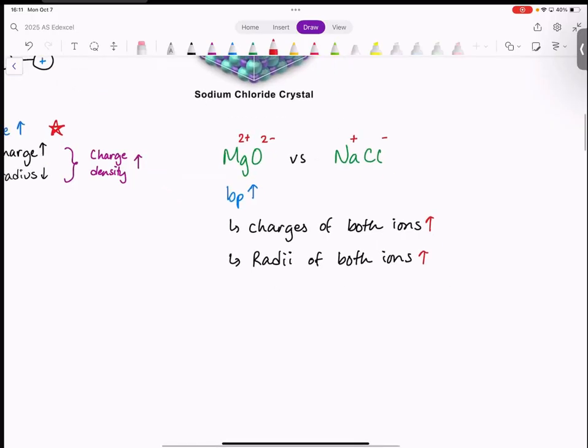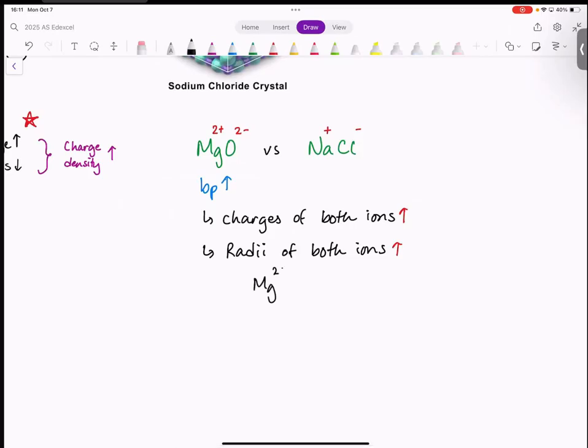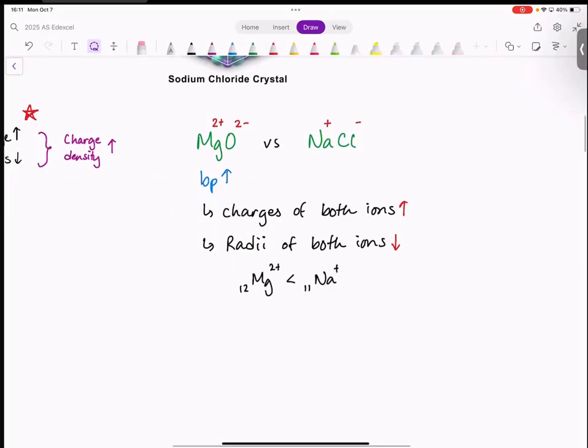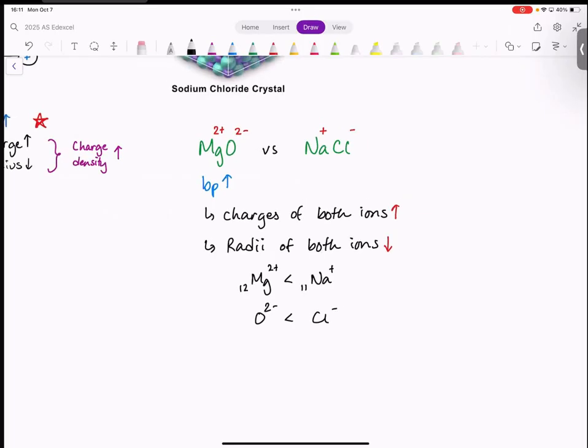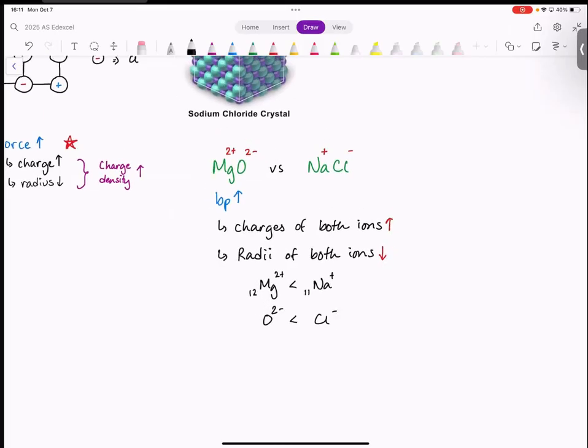So the radius of Mg2+ is smaller. The radius of Mg2+ is less than Na+. This goes back to your chapter 1 summary of radii. They have the same number of electrons, both of them. They are isoelectronic, but the one with more protons is going to be smaller. And oxide has 2 shells. Chloride has 3 shells. It's period 2 versus period 3. So both factors matter, or when they give you those big 6 mark asterisk questions,